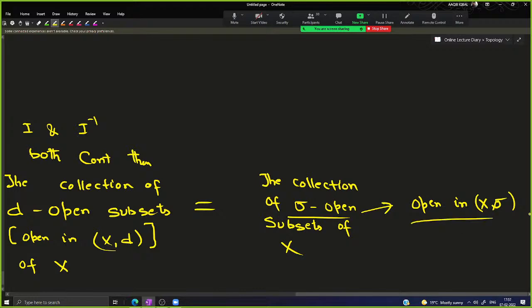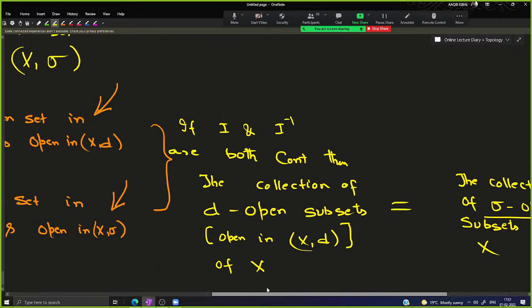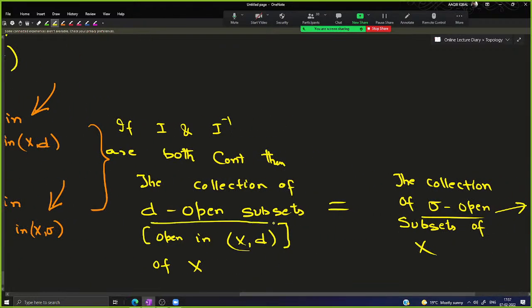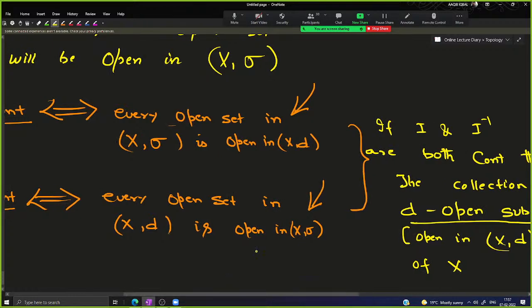ठीक है? तो ये होगा. If both are continuous, the collection of D open subsets will be same as the collection of sigma open subsets. अब देखिए, continuity of I means every open set in X sigma is open in XD. So the collection of sigma open subsets is a sub collection of D open subsets. Why? Because every open set,